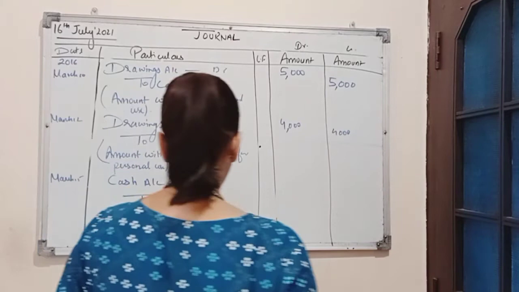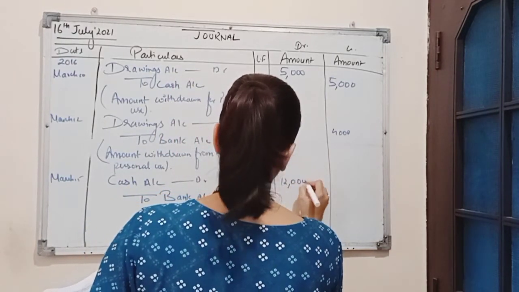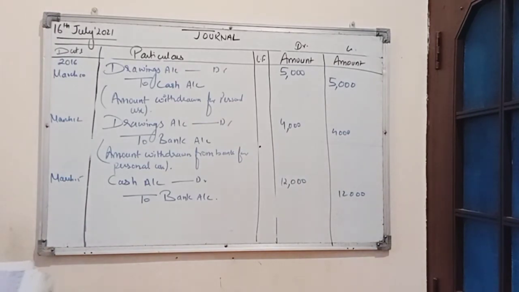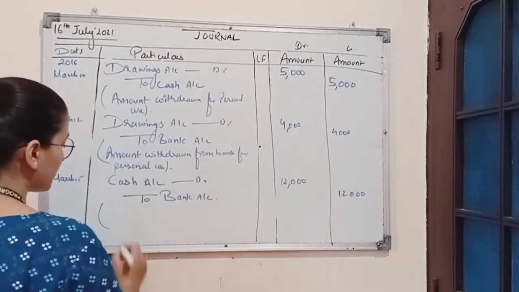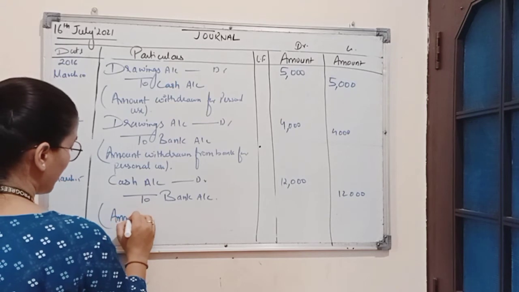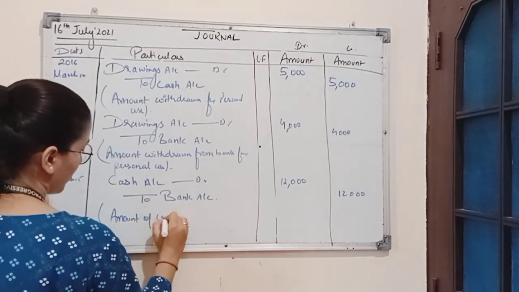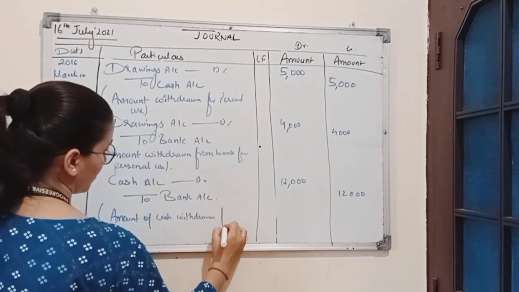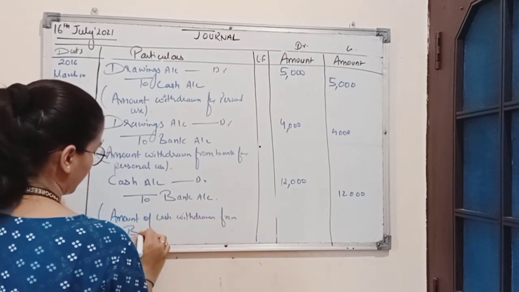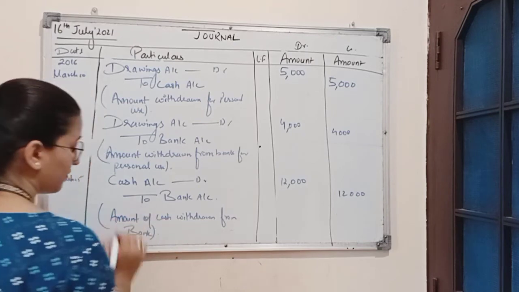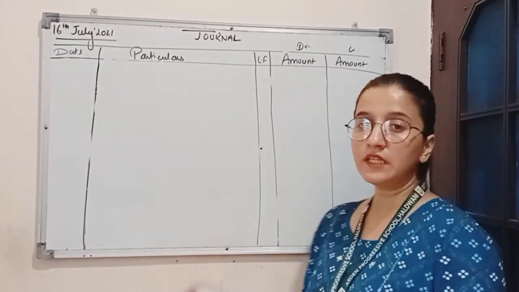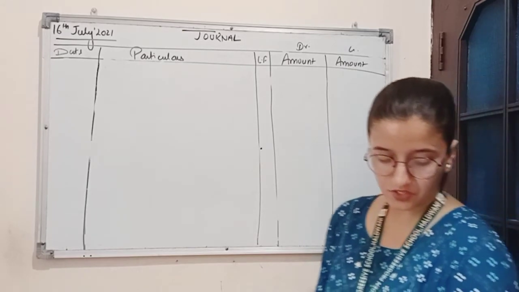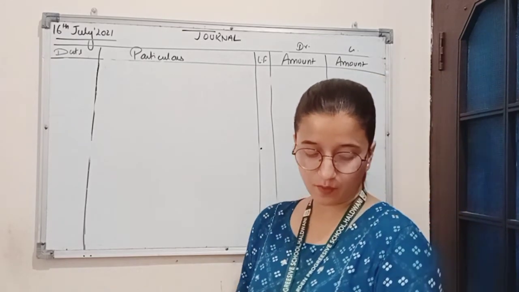So here the amount is rupees 12,000. Narration for this journal entry will be amount of cash withdrawn from bank. Now here the last transaction is on 20th March, and the transaction is placed on fixed deposit account at